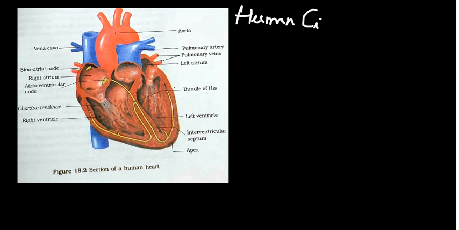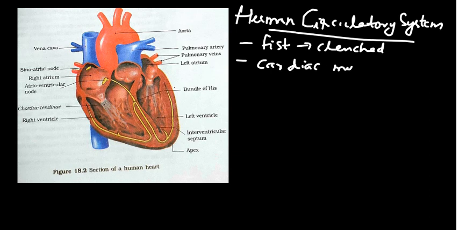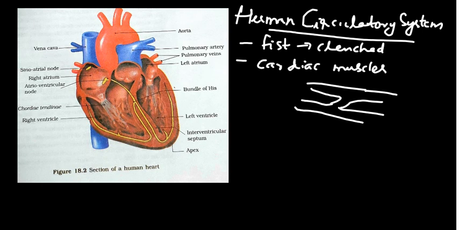Human circulatory system. Our human heart is the size of a clenched fist, and it is made up of cardiac muscles that are branched and striated,